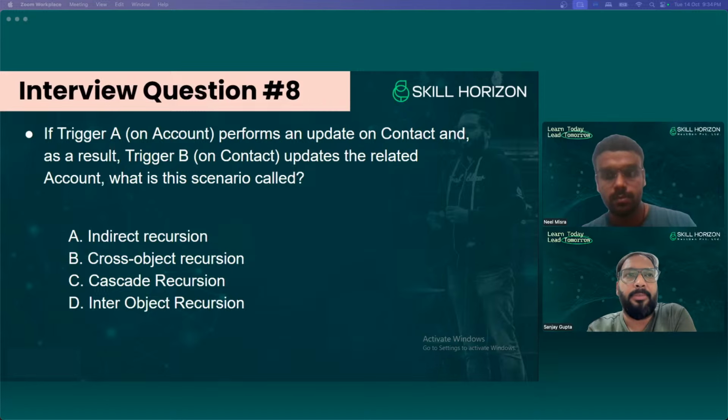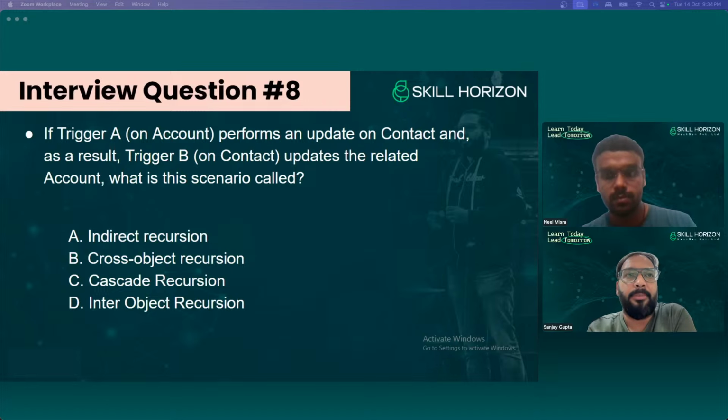So question number 9. When a case is created on any account, it means you are creating a case, and the case will be related to an account. So at the time of case creation, you are populating the related account in the lookup field. Put the latest case created in the latest case created number, so you need to create a text field on account. This question is also available in my YouTube trigger playlist on my channel, so in that you will find the solution to this problem.